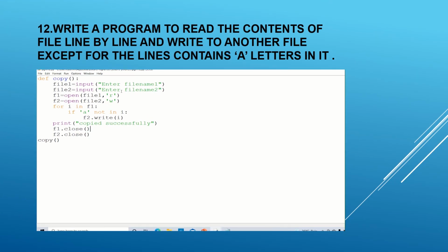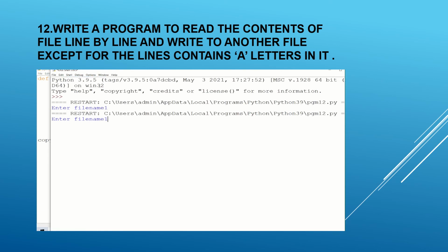Okay, next one, write a program to read the contents of the file line by line and write to another file except the line which contains A in it. That means if it contains A, we don't have to copy. Same like how we have done the last one. abc.txt, this is the file I am giving.